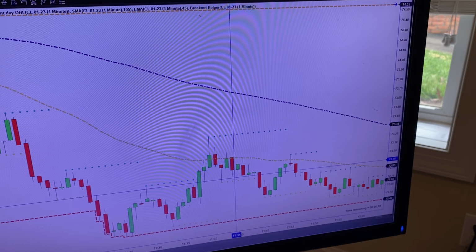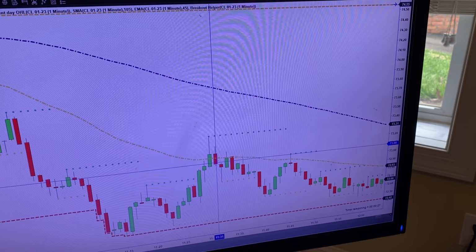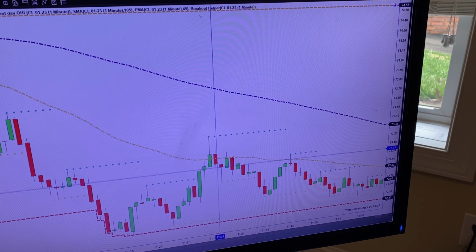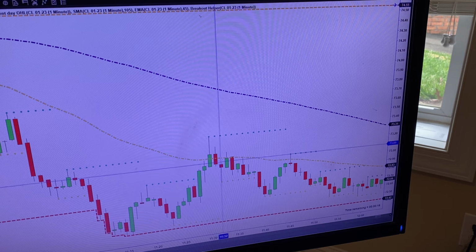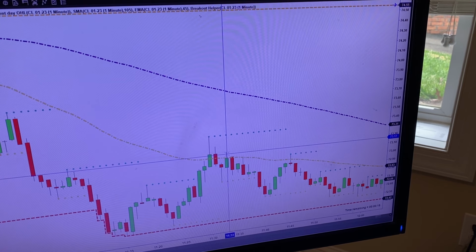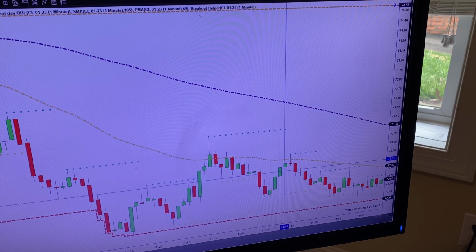That's about 15 ticks. But at that point, your stop should be above this candle right here. So when you took it at 73.04, you got knocked out at 73.09 if you were still in it when it ran up. So you lost 4 or 5 ticks. It rolls down and does the same thing again. Bam, now you're in at